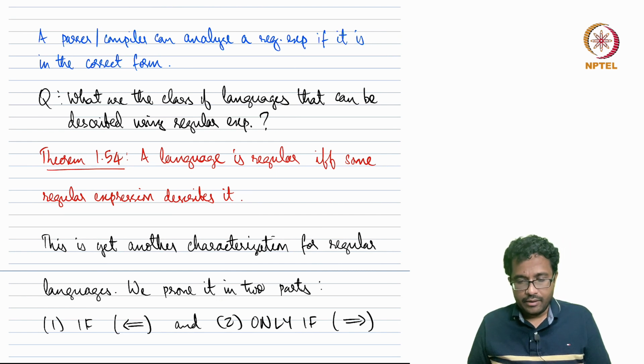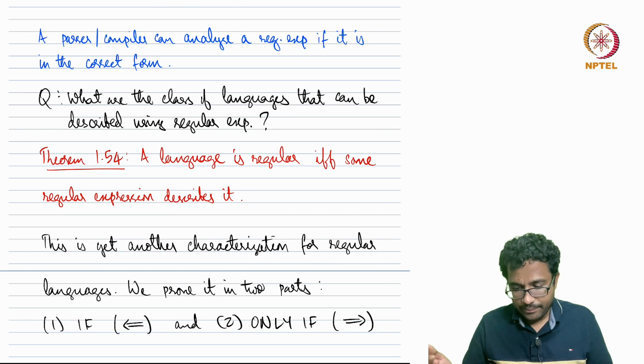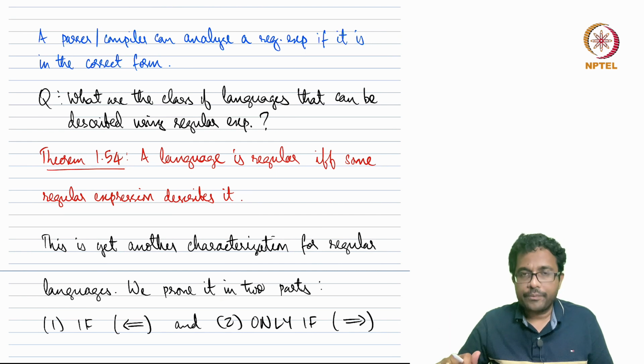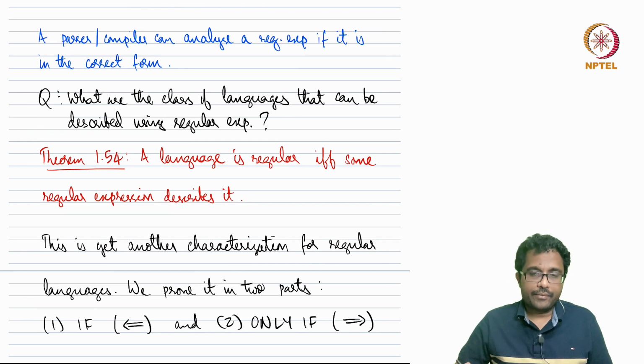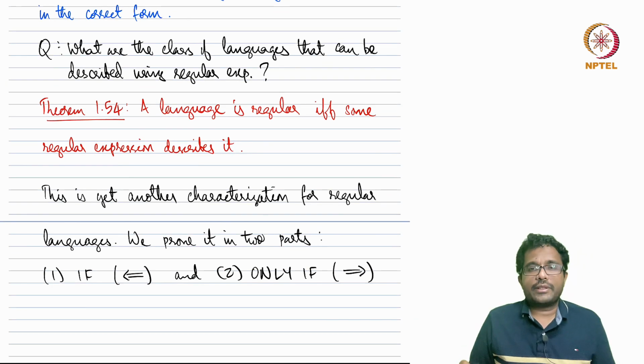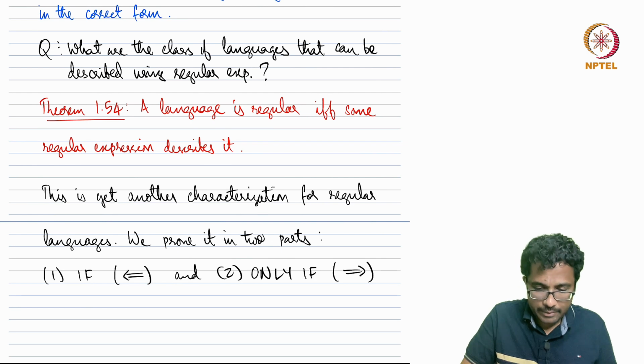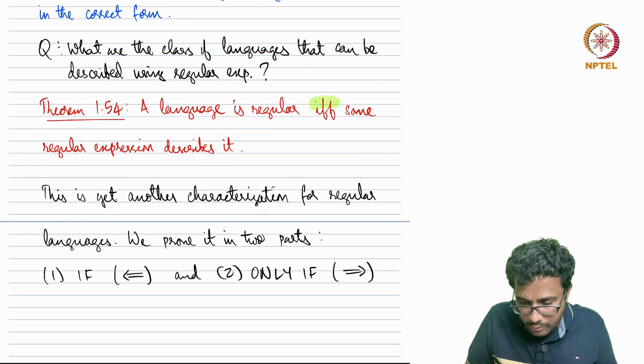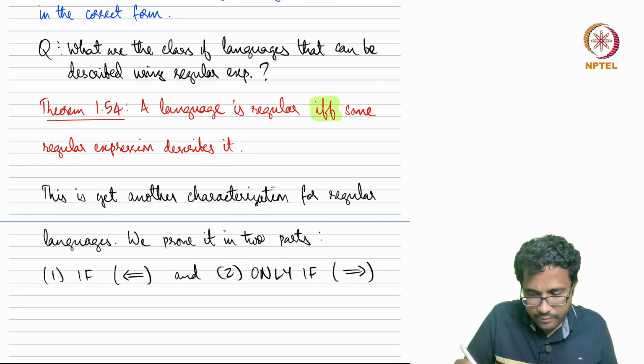So three different characterizations. Now let us see how to show this. The theorem is that a language is regular if and only if it can be described using some regular expression. So iff